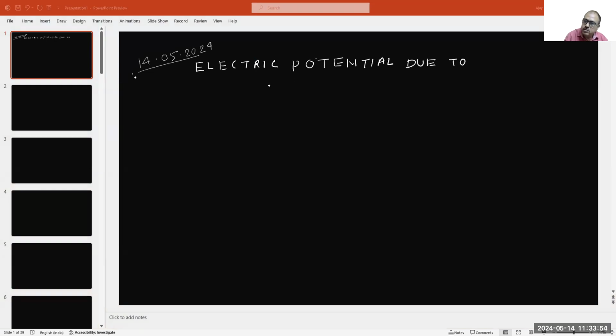Electric potential due to an electric dipole, total 15, electric dipole at a point